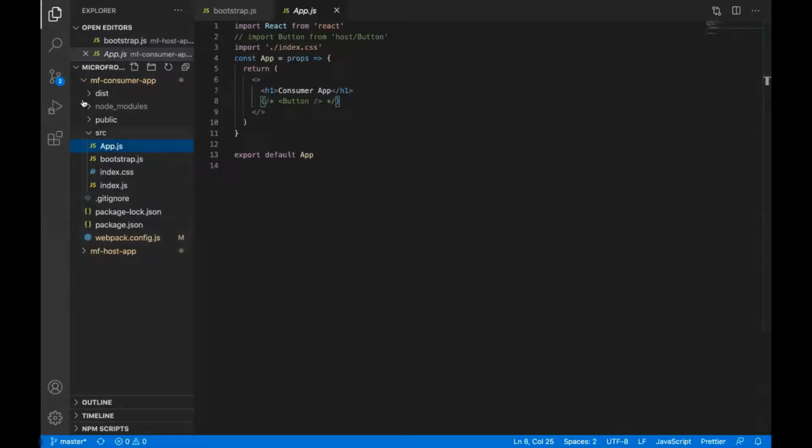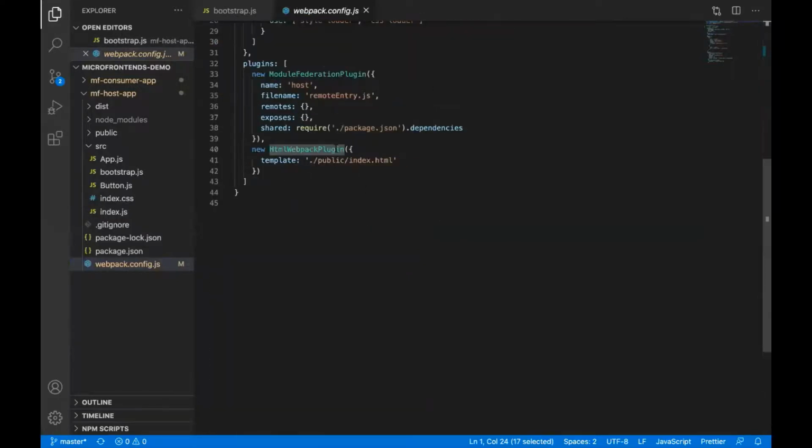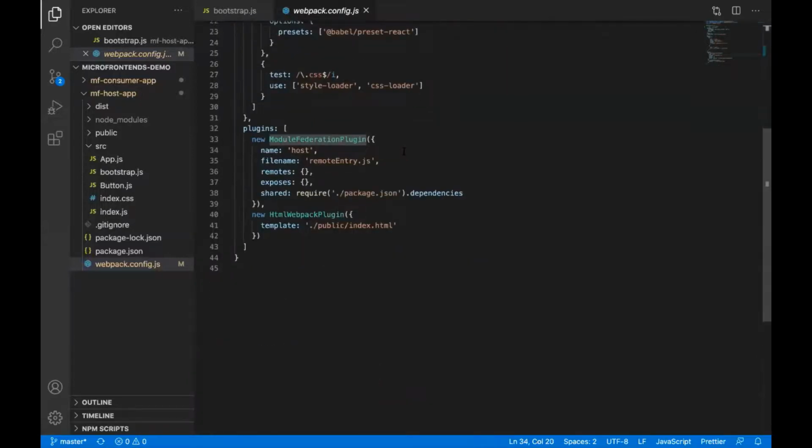So let's go to the Webpack config of the host application. Here I am using two plugins. One is HTML Webpack plugin, which is normal and just tells where our index.html template is, and the second one is the module federation plugin. This is part of Webpack 5.